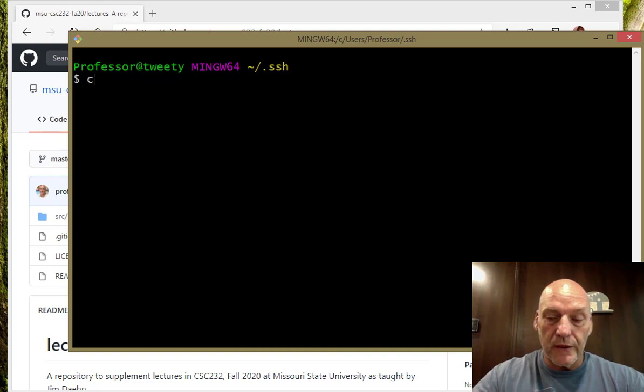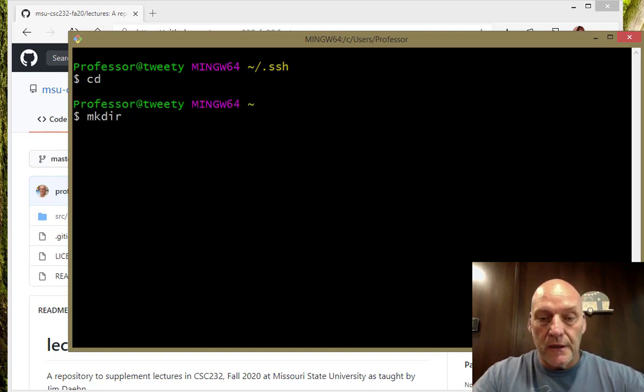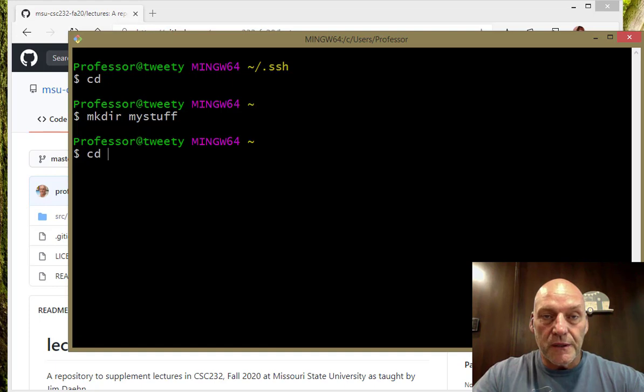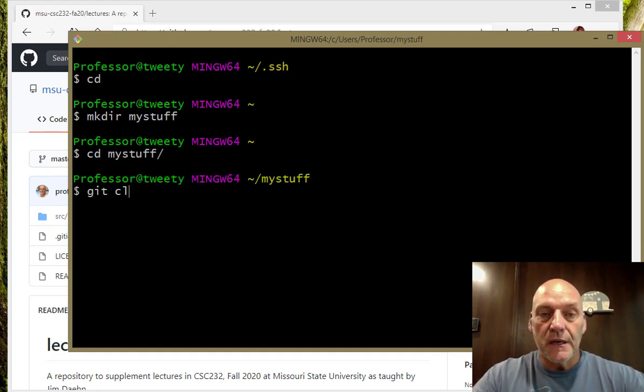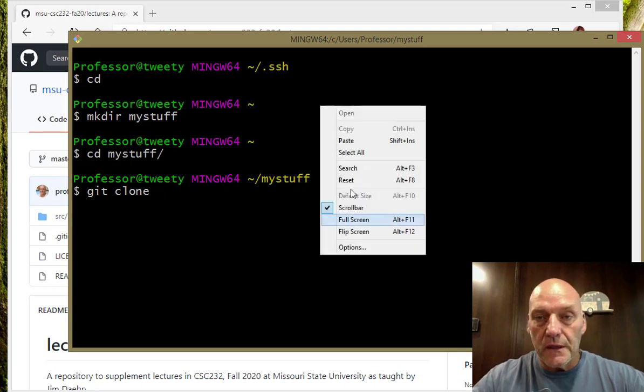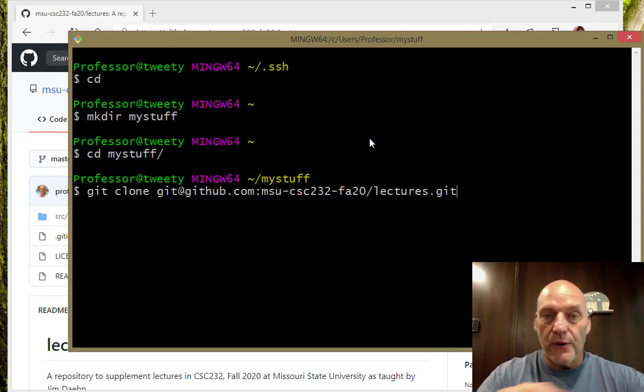Oops, I need to go home first. Maker my stuff. I already have a CSE folder, so I don't want to do it there, so I'm just going to go into my stuff, and then I can do a git clone,